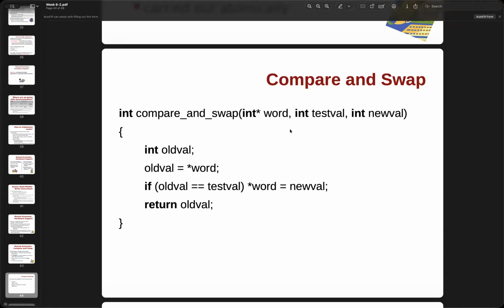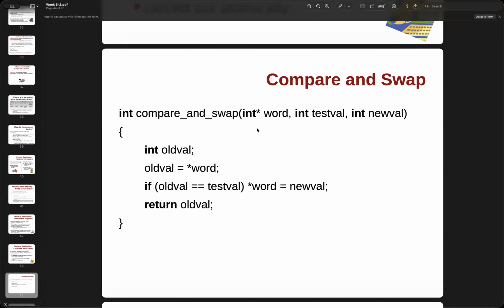Right here you will see some sample code, and later you will see more in practice. Let's say we try to compare the old value, pointing to the word. If it matches the test value, then we assign the new value, and then we return the old value. This is called compare and swap. You will see the source code and how it is implemented. You can see we are using a pointer. If you have learned C, the pointer is actually pointing to the word, so we are not passing by reference.